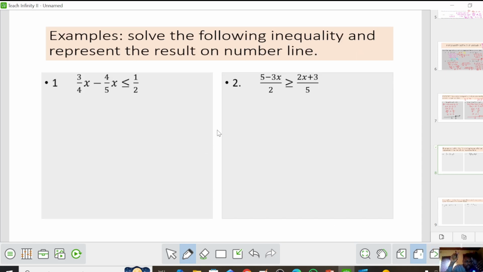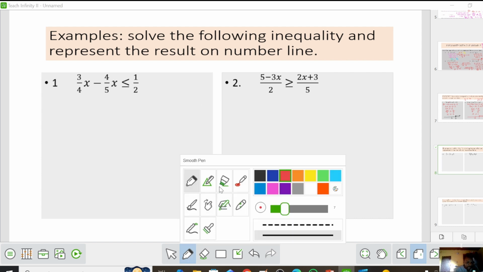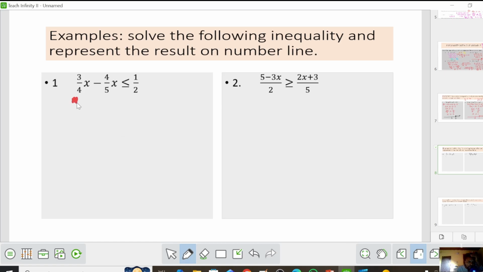I have another set of examples where you solve the following inequality and represent the result on a number line. All these examples involve fractions. Whenever you get equations that involve fractions, the simple thing you will do is to find a way to express them in linear form. To do that, we'll multiply through